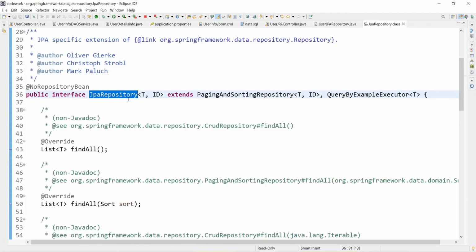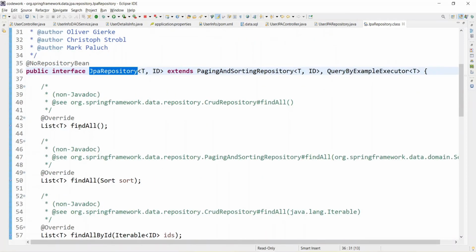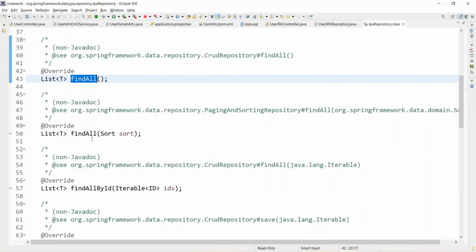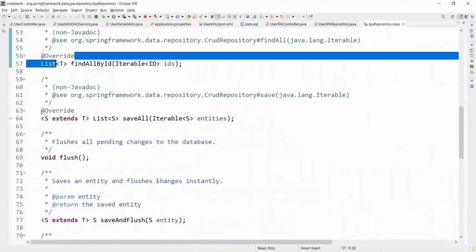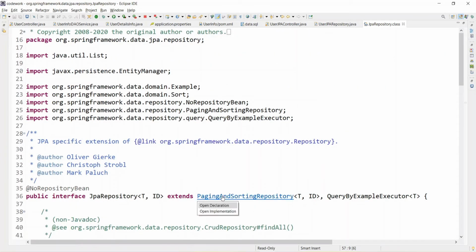If you go to the declaration also to check, JPA repository extends the PagingAndSortingRepository. This is also helpful for pagination. You can implement the pagination, like if you want to retrieve lakhs of records from the database and want to populate them into the UI, you want to render them over the UI, so how you can implement the pagination and sorting. So this gives you that flexibility as well, okay, and you can see how this method has been implemented, findAll by Sort. So all these things you can get over here, okay, and you don't need to bother about that.